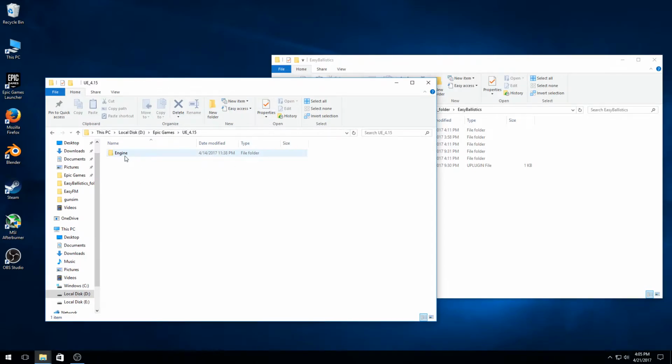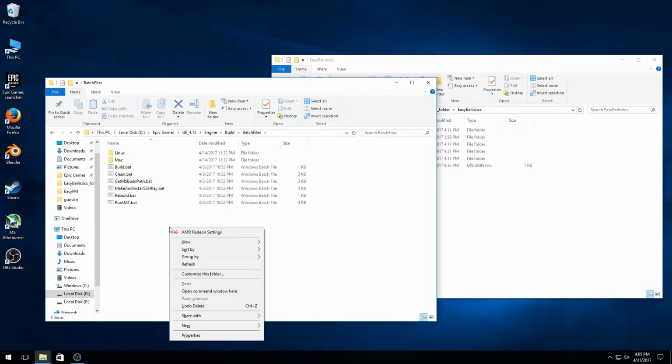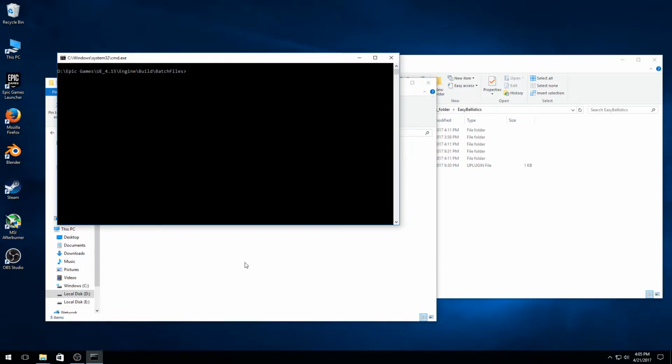Anyway, so let's go to your engine folder. Go to engine, go to build and batch files, and here you should have run UAT .bat. So now you hold down Shift and right click the mouse, and you should have an option to open command window here. So click it, and this is going to open a terminal in your current location, and here you just type in run UAT .bat and build plugin,